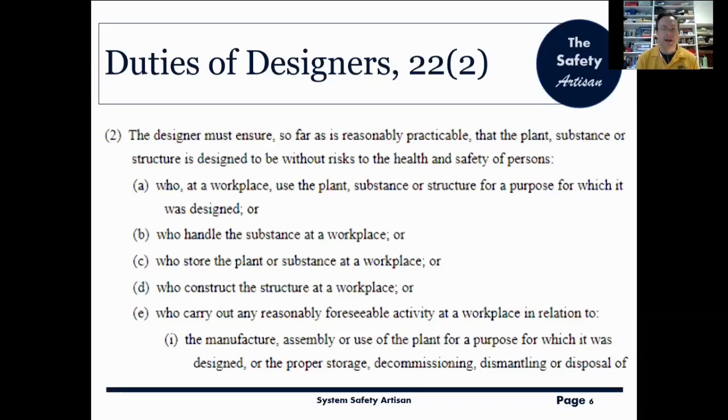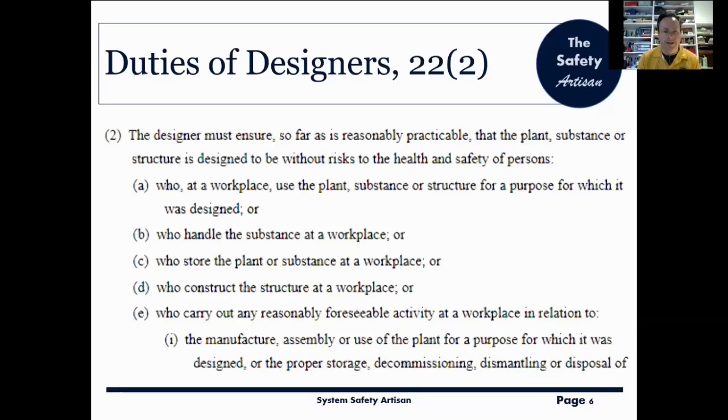Now, the risks are to the health and safety of persons who are at a workplace, who might use it for the purpose for which it was designed, who might handle the substance, who might store the plant or substance, who might construct the structure, or, and here's the catch-all, who might carry out any reasonably foreseeable activity at a workplace in relation to this plant, substance or structure.